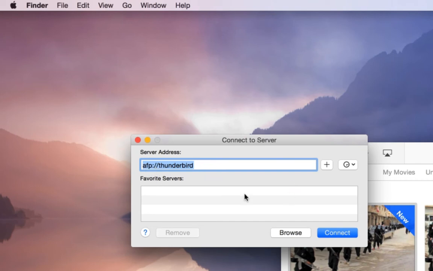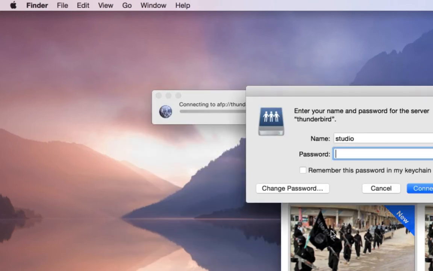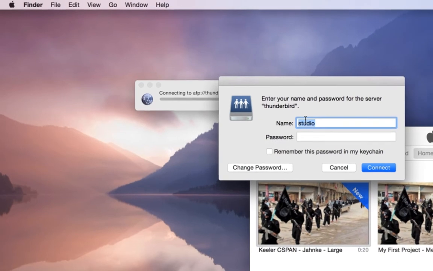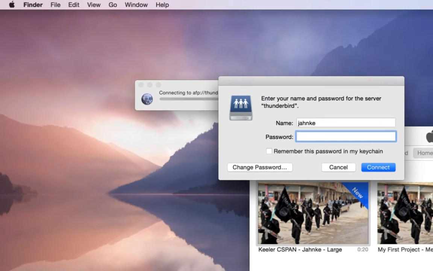When I type that in, I'm simply going to hit connect, and then you'll be prompted to enter your network username and password. So it should be first name, last name, and whatever password you established. However you typically log into any of our computers within the school here, that's the name and password that you're going to use. So I am now going to connect to Thunderbird,